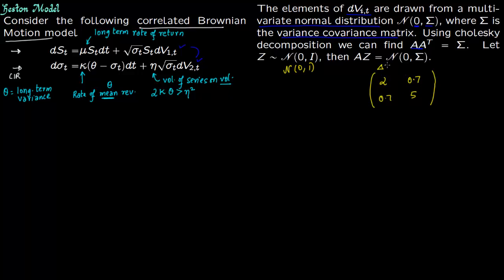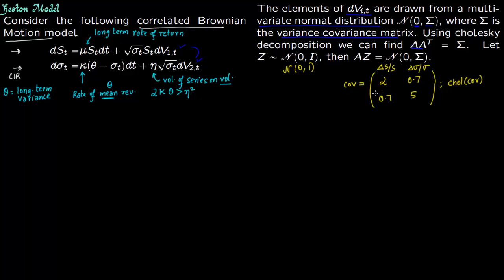The first column is clear, it comes from delta S by S. So that is geometric Brownian motion. The second column is a matter of qualitative judgment. You can take it as delta sigma by sigma or just delta sigma or something else. Once you have this matrix, you have to do a Cholesky decomposition of it. So you will construct a new matrix which is the Cholesky decomposition of it.